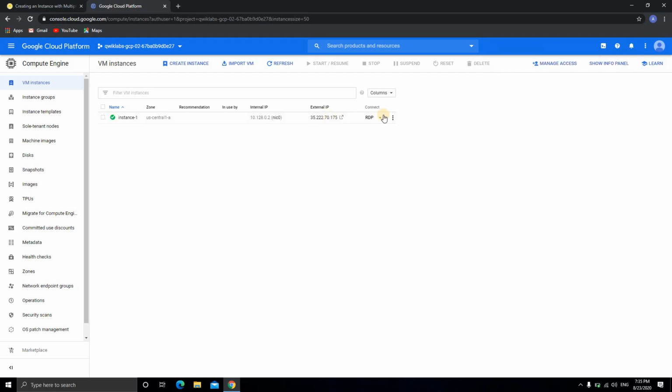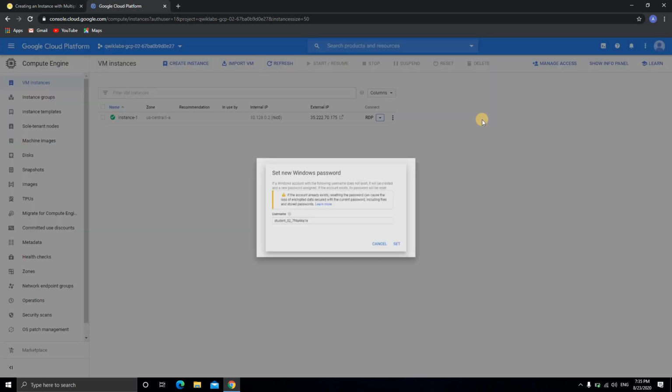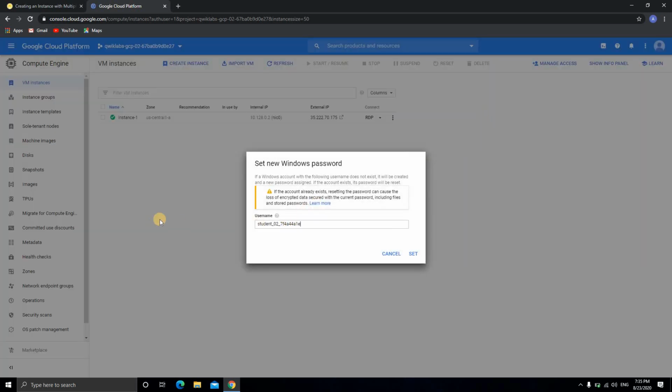The instance is running. Now the most important thing right now, guys, don't skip this part. Set Windows password. So here is the username part. You can change the username if you want to, or I recommend you keep it default and set. Just keep it default right now, but as soon as you get a habit of using RDP, you can change it. Now you need to set it.